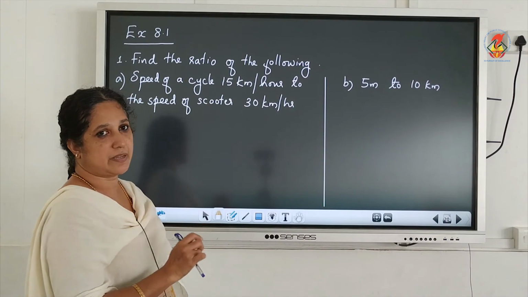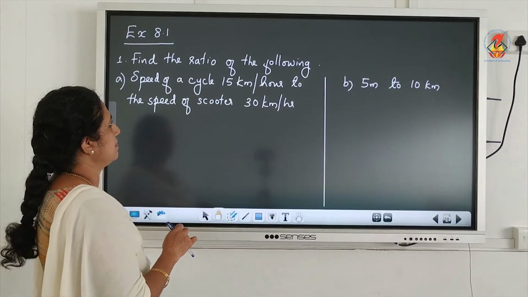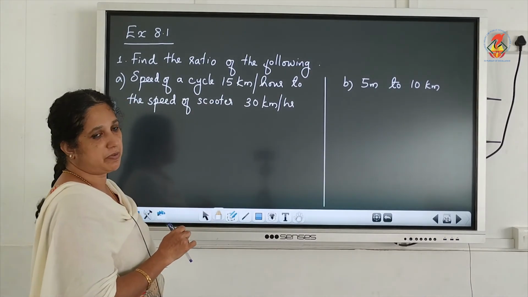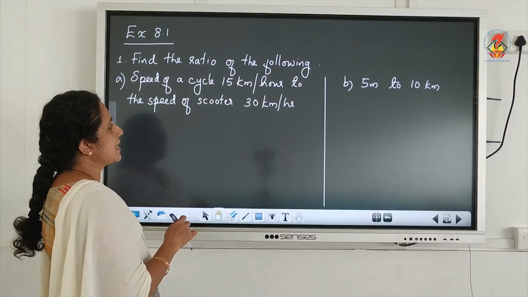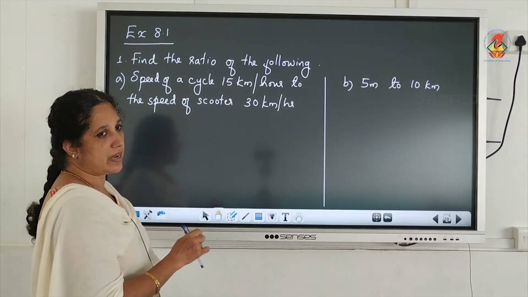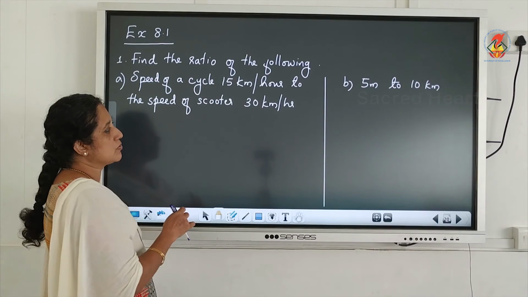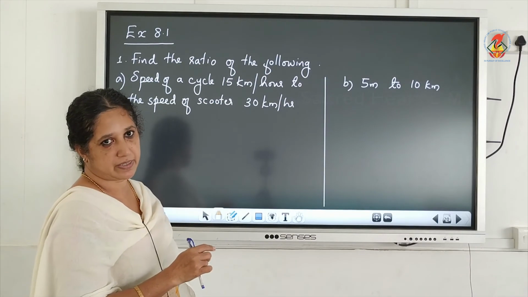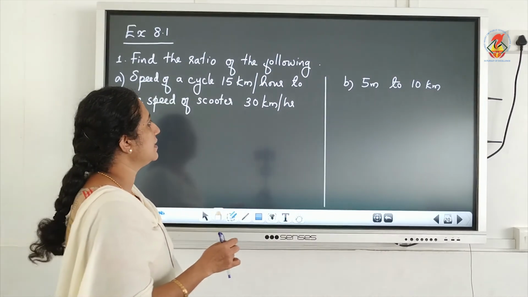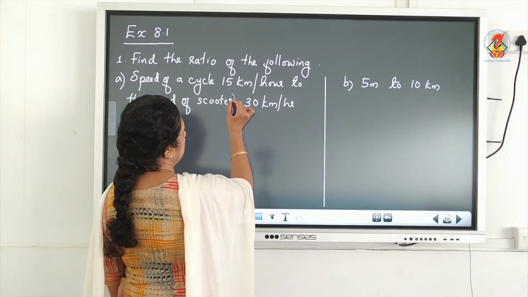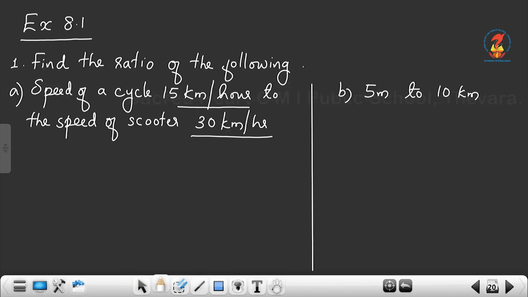Now exercise 8.1, first question. Find the ratio of the following: speed of a cycle 15 km per hour to the speed of a scooter 30 km per hour. First you have to look into the units, whether the terms are expressed in the same unit. Yes. So the required ratio is equal to,